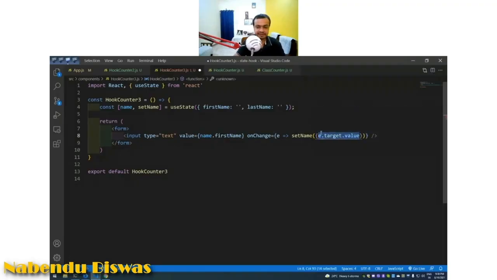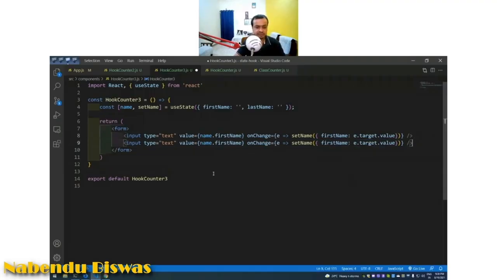Okay, and then because this is an object only, so firstName is e dot target dot value. I have to do like this, and this is the last name. lastName again setName is e dot target dot value, and then